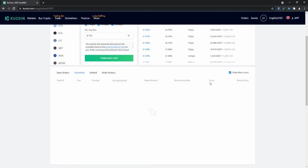You also have the daily interest rate, the terms and the maturity date when the loan ends. On settled, you have the trade ID again, the coin, principal, interest and repayment, and the platform will charge 5% from your accrued interest for trading fees and 10% for the insurance fund. Then you have the daily interest rate, terms and maturity date. Then order history, you still have the order ID, coin, amount, the filled amount, daily interest rate, terms, settlement time and